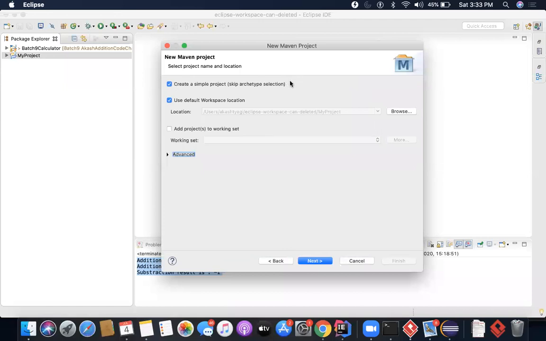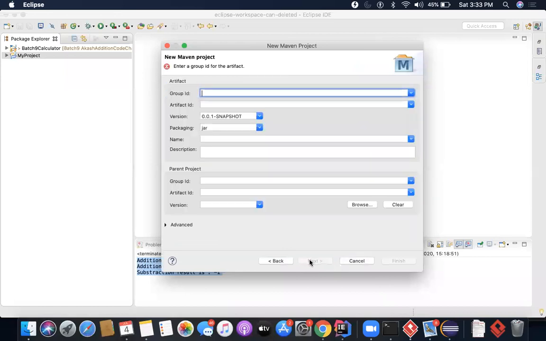Okay. What is an archetype? We're going to talk about this later. Don't worry too much about this. Just select the skip archetype option. Then you click on Next. Then it will ask you some more fields. Don't have to worry about all of these. You only have to fill two. One is the group ID and second is the artifact ID. So in the group ID, I'm going to put com.visionIT. Artifact ID, I'm going to say my first Maven project in my case.